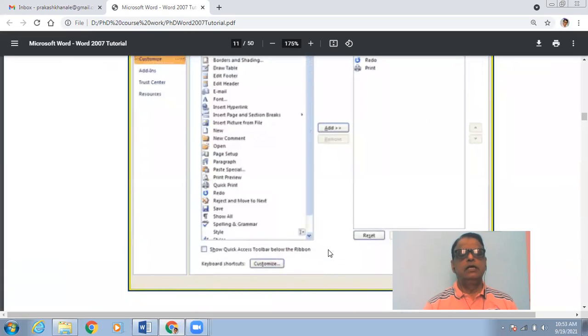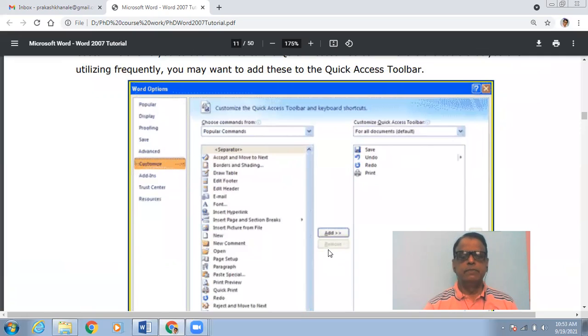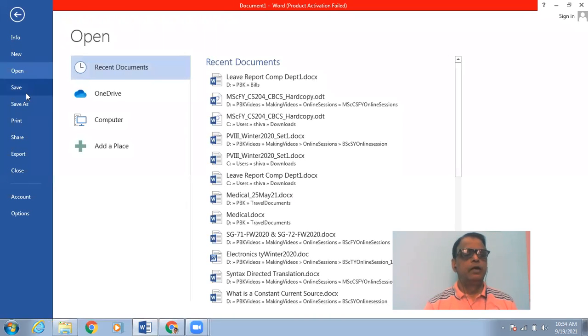These are the facilities that are provided, and we will see how they can actually be performed using a Microsoft Word file. Suppose I have already installed Microsoft Word on my computer system, and now I will open a blank document. You will find that my version of Microsoft Word does not have the Office button, but it directly has a file button. Once I click on file, different menus will open.